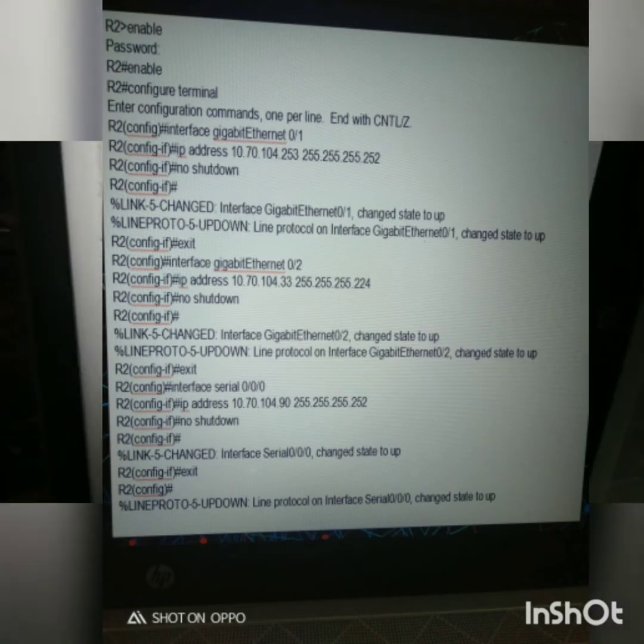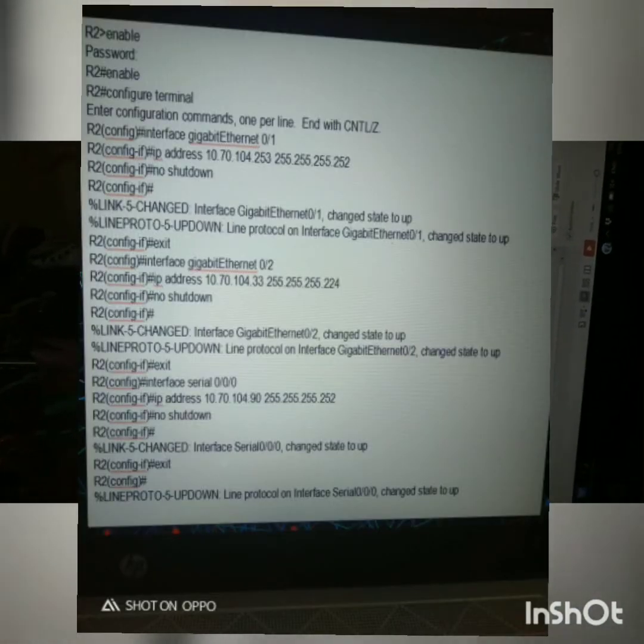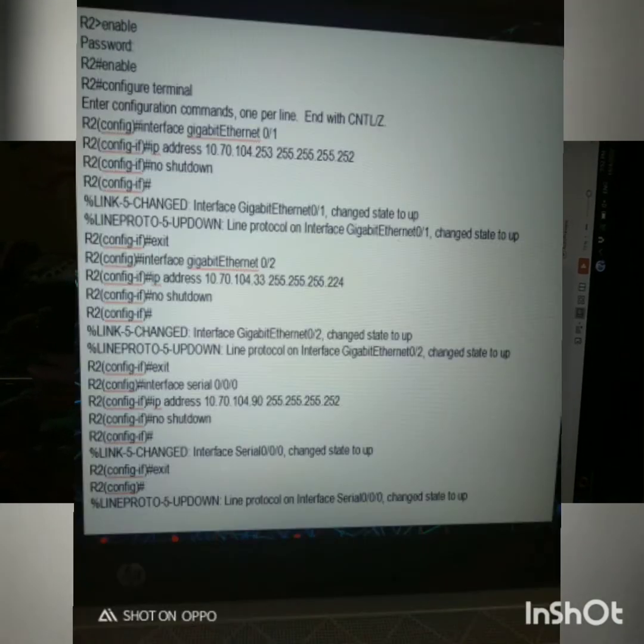Okay, next is the command to configure the router's interface to provide network connection for R2.